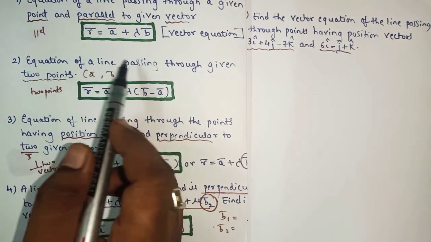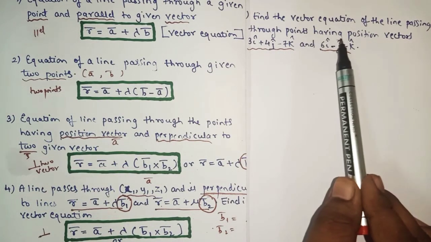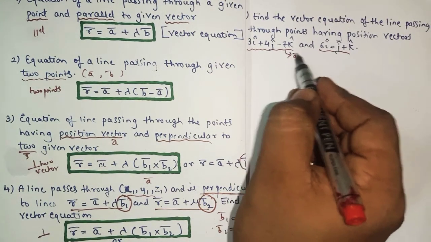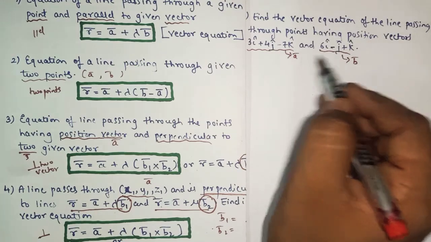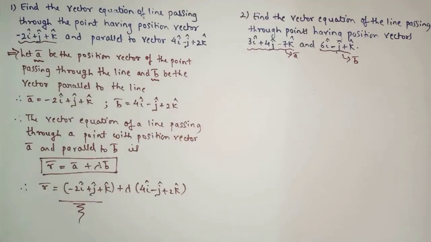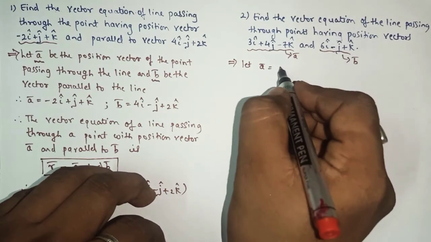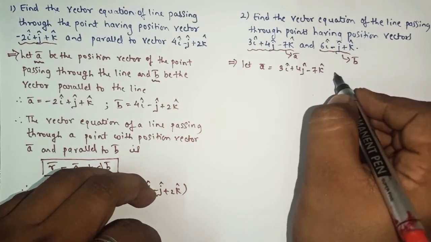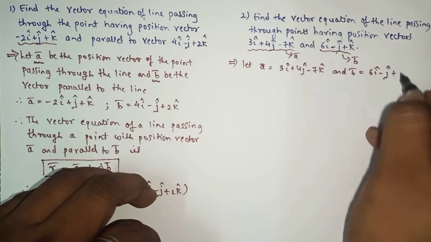Second, yes or no? Equation of line passing through given 2 points. Here also we have a line passing through points having the position vector. So both are position vectors. We'll take the first one as A bar and second one as B bar. So indirectly they are passing through 2 points. So this formula will come, yes or no? We'll start writing with let A bar equals 3i plus 4j minus 7k and B bar equals 6i minus j plus k